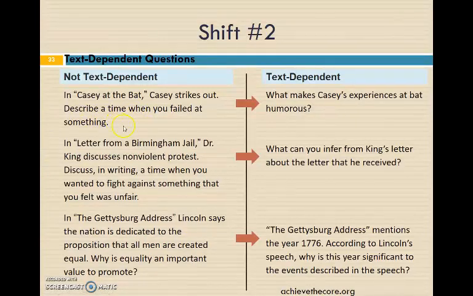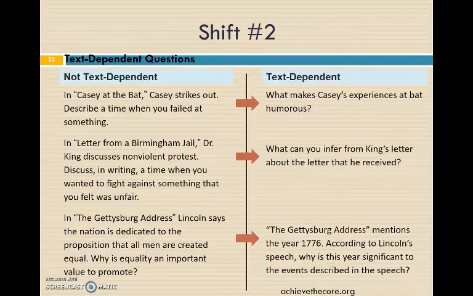This is an elementary example. In Casey at Bat, Casey strikes out. Describe a time when you failed at something. Okay, so do you have to understand the text Casey at Bat to answer this question? No, it is not text dependent. If you're able to write well and you can write about a time when you failed, you would get full